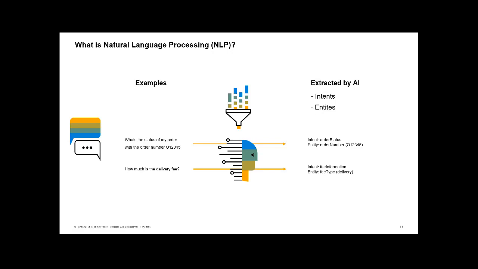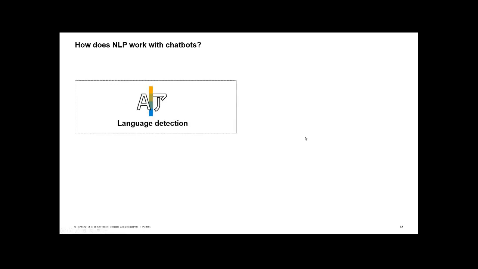So these are the main part. This is the main part of the NLP processing, but NLP does a little bit more, because the first thing NLP does is the language detection. To extract the information as strictly as possible, the NLP needs to detect the language first. So if I'm writing in English, German, or Japanese, the NLP needs to know which language it is, because every language, of course, has its own structure. And based on that structure, the messages get extracted from the NLP.